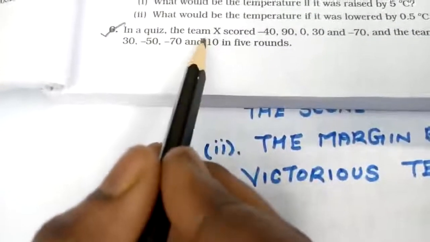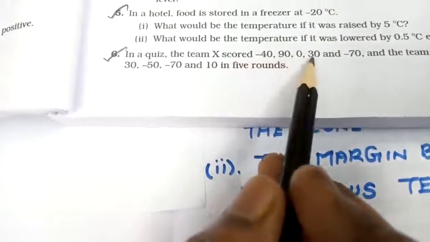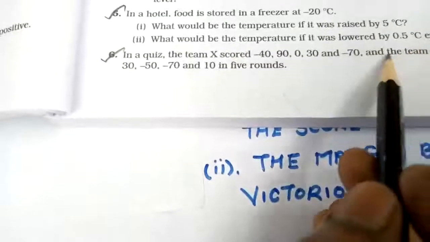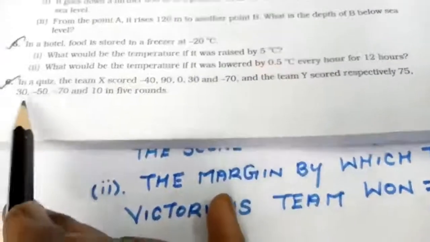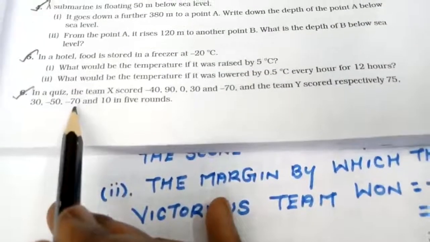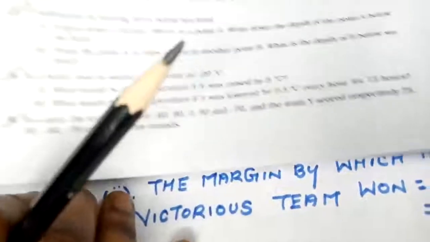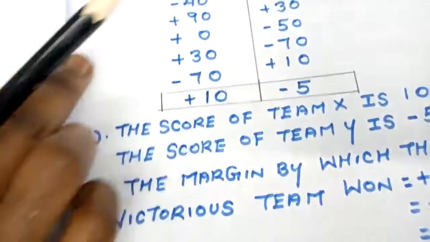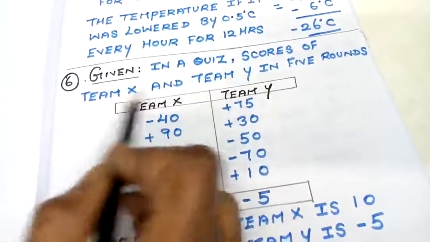Students, in a quiz, Team X scored minus 40, 90, 0, 30 and minus 70, and Team Y scored respectively 75, 30, minus 50, minus 70 and 10 in 5 rounds. They have asked you two different types of questions. Now we are going to see the sixth question in a quiz, scores of team X and team Y